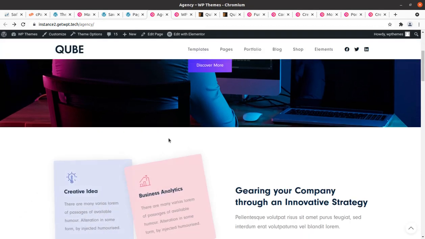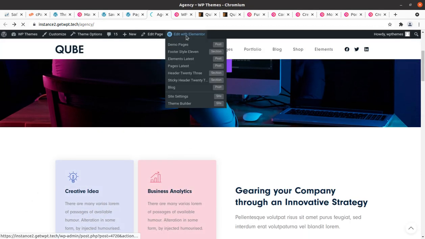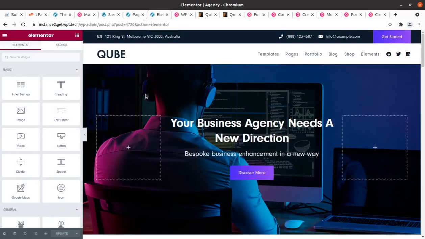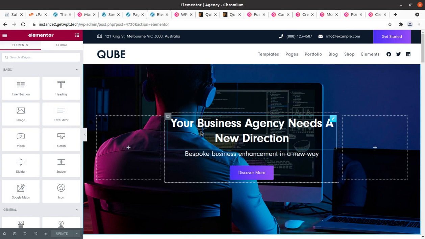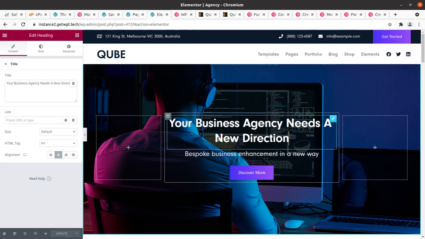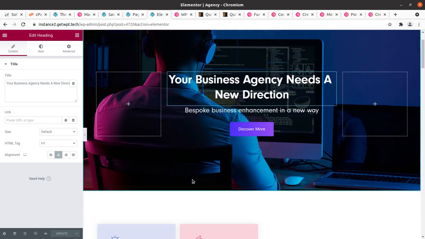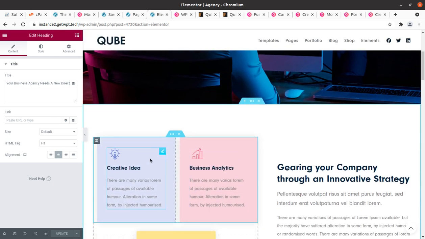And for editing the page content, just click on edit with Elementor, and the Elementor editor is so easy to use, you would never assume. It is really easy for a non-technical person. Yes, you might have certain questions, so I am always available for answering your queries, in case you want any particular information about the customization. And if you need a complete customization for this theme, you can just ping us through the link given in the description of this video, and you can get the theme pack.